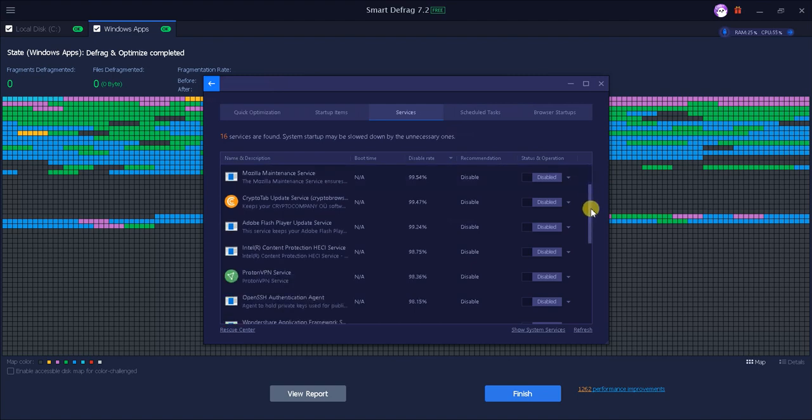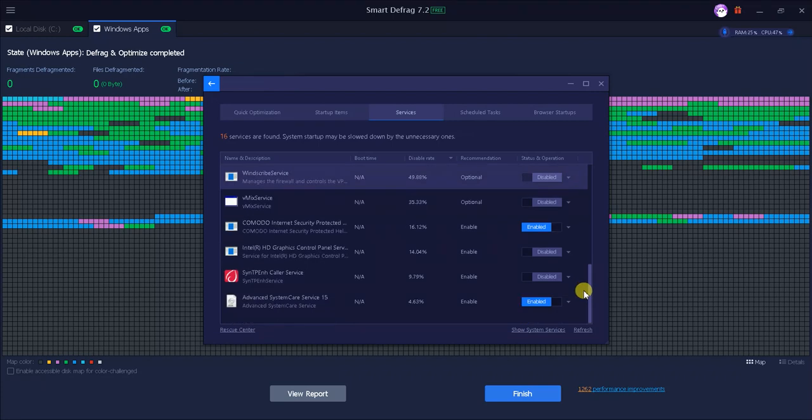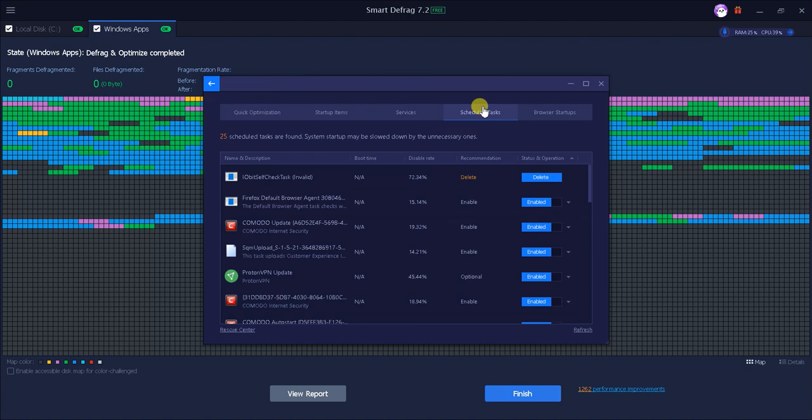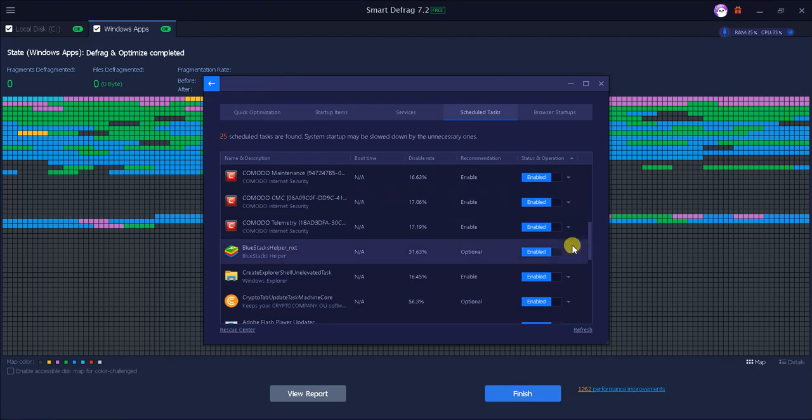Let's see here. Proton disabled. Okay. Enabled. Yep. So we can turn off the Advanced SystemCare. Okay, schedule tasks. Now everything that I had as the default should work perfectly fine. System start may still have unnecessary ones. So this is one like